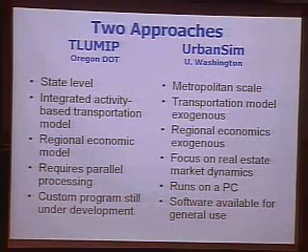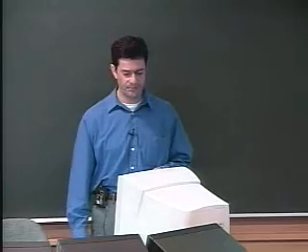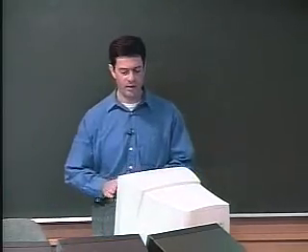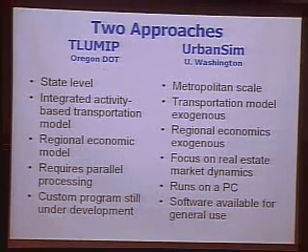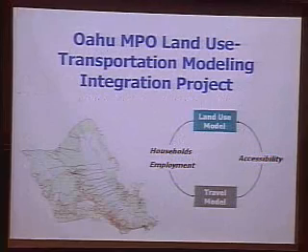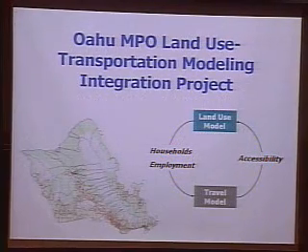Things like the regional economic inputs are exogenous, so you have these control totals for households and for jobs. And the focus is more on the real estate market dynamics. So while it doesn't have the more holistic, comprehensive view that Tulumet has, it's easier to use. It runs on a PC, and you can download the software from a website. So that's why it's been used in not only Honolulu, but also there are implementations in Houston, Seattle, and Salt Lake City.